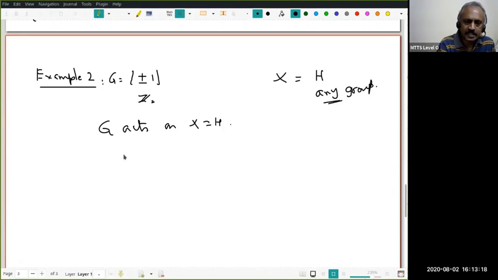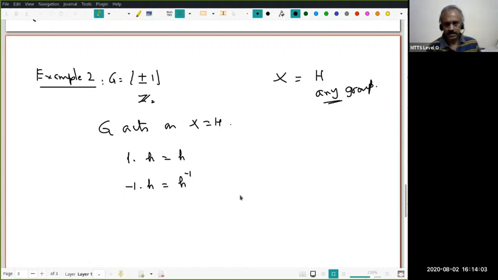Okay, what is the action? Now notice, what is the identity element of this group? Plus 1. Therefore, when 1 acts on any element h, it must be nothing other than h, because I want a group action. So I am bound to define 1 dot h equal to h. That is, 1 acts as identity. Next, let's look at -1. When -1 acts, I want it to be h inverse. H is a group, and I'm writing with respect to multiplicative notation. Therefore, the inverse of h is h inverse. Therefore, -1 dot h is h inverse. Do all of you understand this?